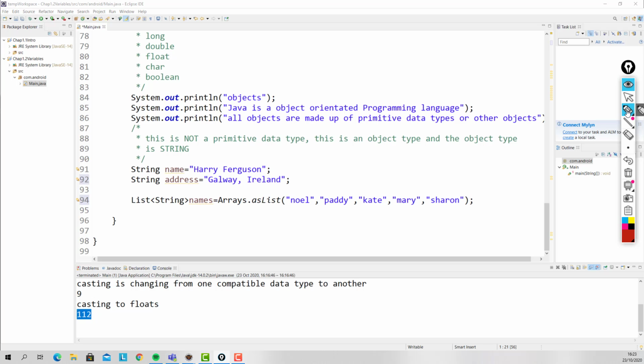Now this is something called a list, and it's exactly as it says on the tin. It's a list of objects. Now it's a list of strings. Remember the commas? They separate each string in our list: Noel, Paddy, Kate, Mary, Sharon. So there are 5 strings in this list, and each one of those strings is made up of, in turn,